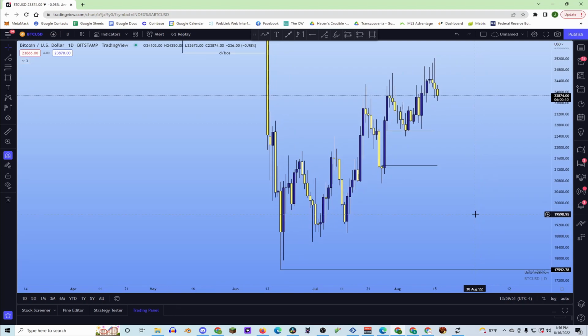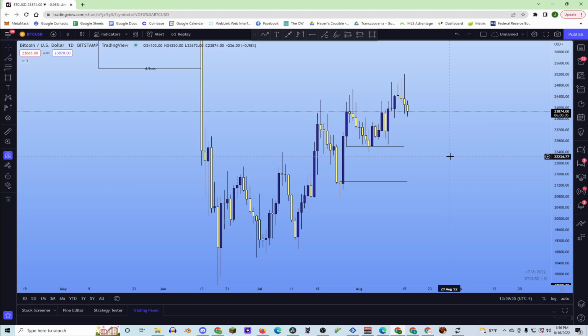When that happens, typically there's going to be orders left behind. This is not as common on Bitcoin. It's more common on Forex or indices, but it happens on Bitcoin too. Basically, a company or institution has, let's say we're talking about Bitcoin, right? They want to buy 1,000 Bitcoin, which really isn't that much, but let's just say it's a lot. Well, let's say 10,000 Bitcoin. There you go. They want to buy 10,000 Bitcoin, but there's not